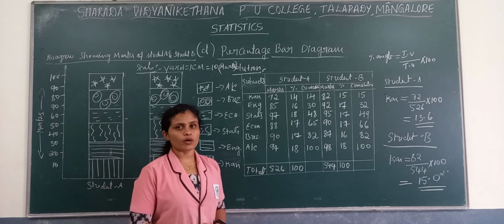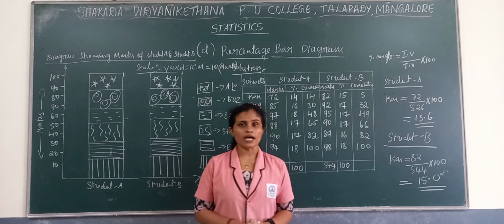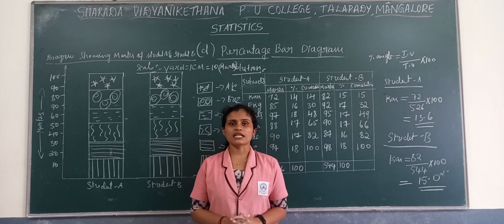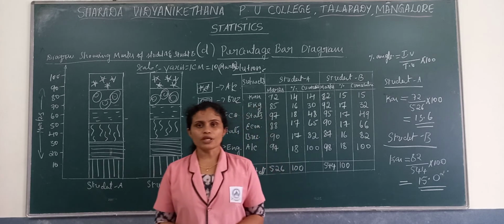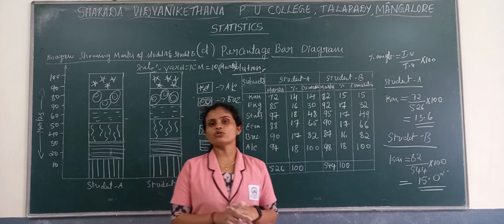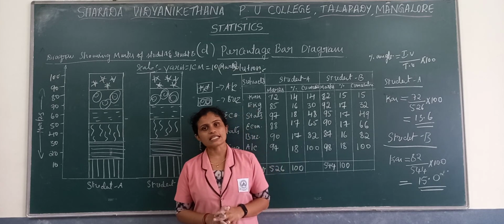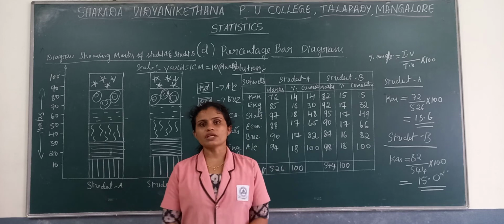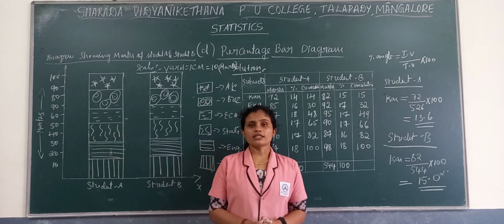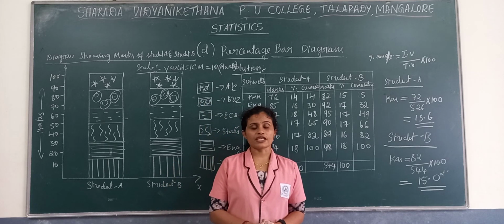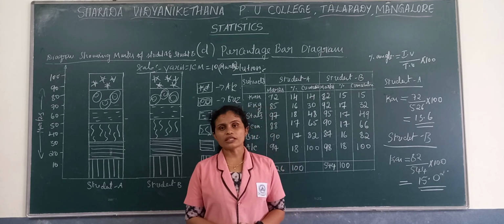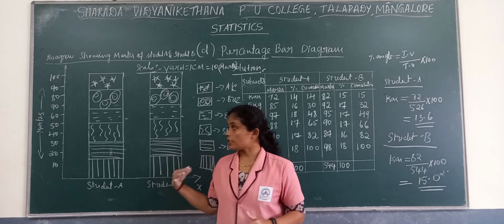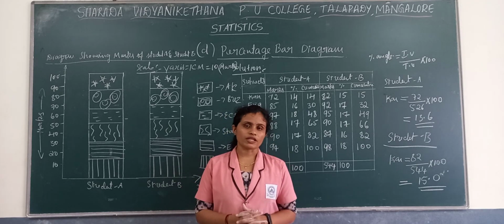Next we are moving towards the two-dimensional bar diagram, but not today. We will discuss it tomorrow, in the next class. There only one two-dimensional diagram is there, that is the pie diagram. With that we can complete the diagrams. Then we can move towards the different kinds of graphs which we represent on charts. Now today I wind up with this. Thank you.